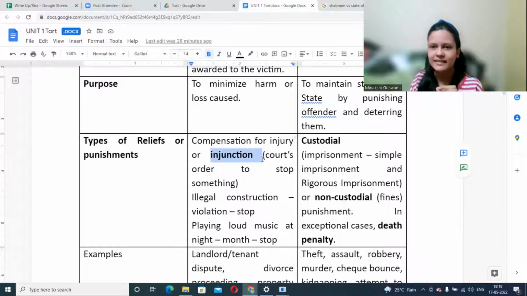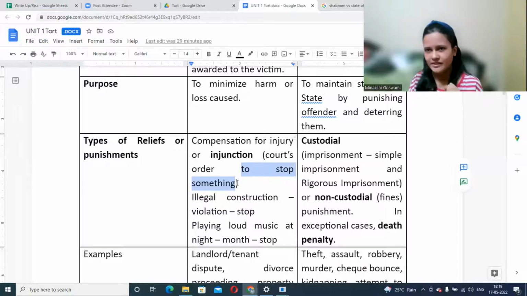The court will make sure you are right. So the court will say, until we decide this case, till the time the case is pending, you stop the construction work. That is the court asking me to stop doing something. And it is for a temporary period, until the next order or until we decide something. That is called a temporary injunction.